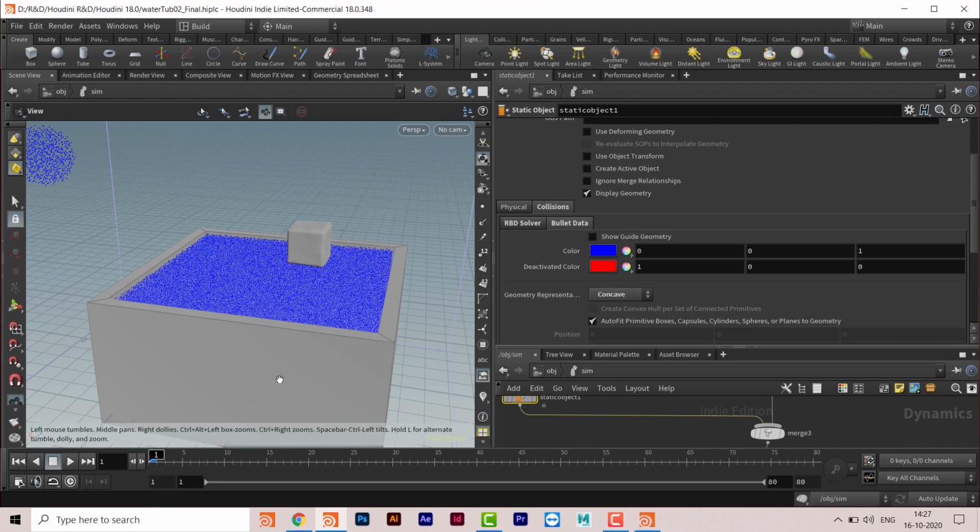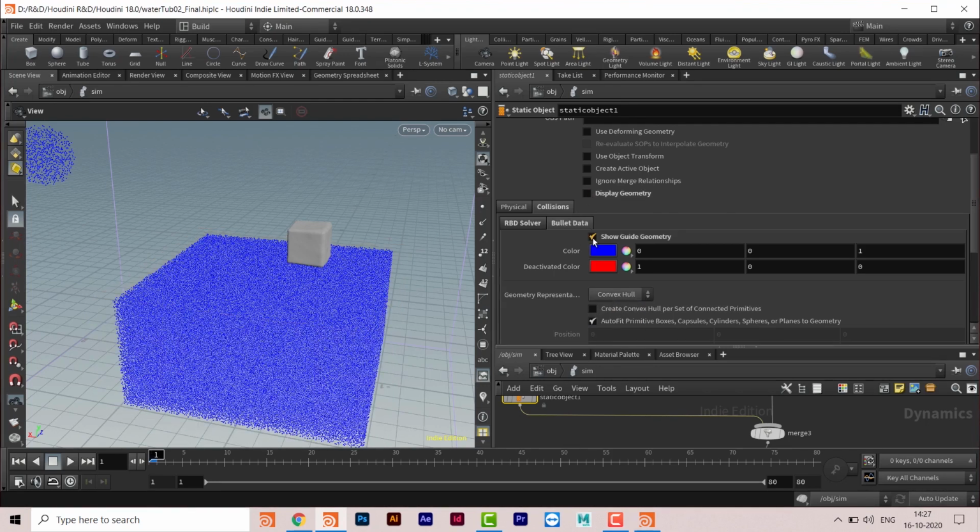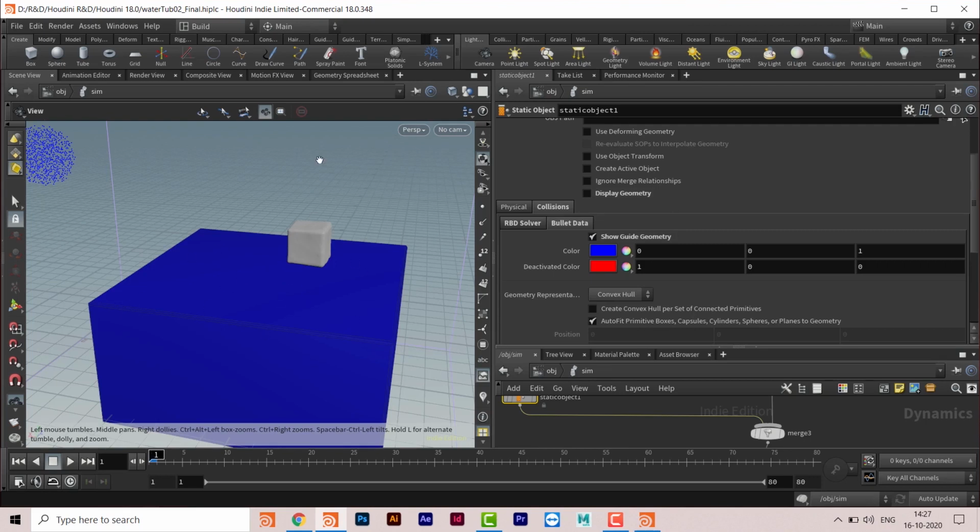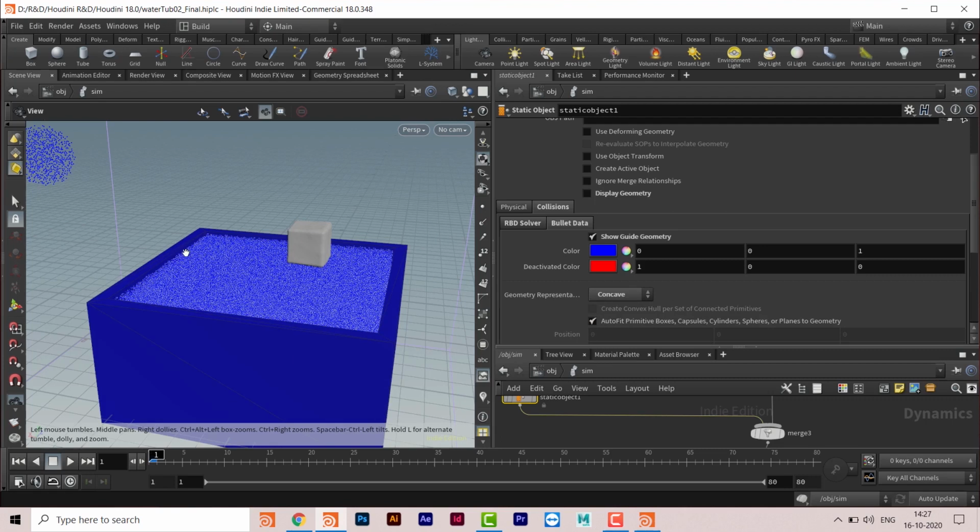Because that will be creating a cube shell, and this will be hitting only the surface of the cube. So it is very necessary to make it concave. Suppose I change it to convex and I drop this value and take these values, now see, this is just going to hit this wall, and this will not strike the water. If I make it concave, then it will take the shape of the object here.